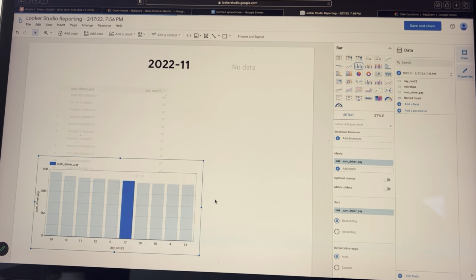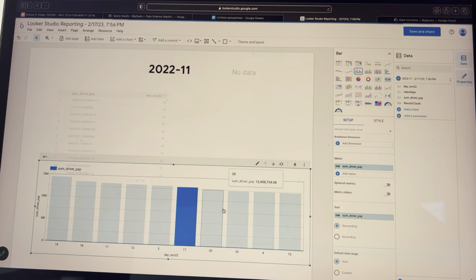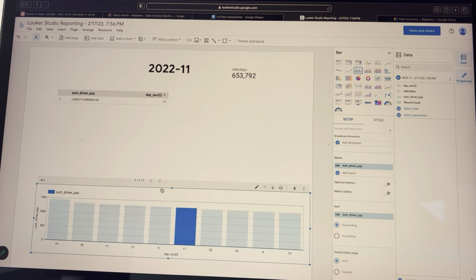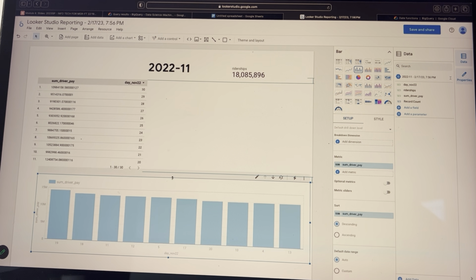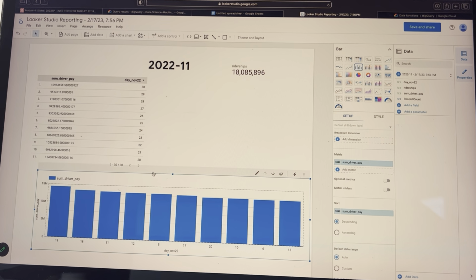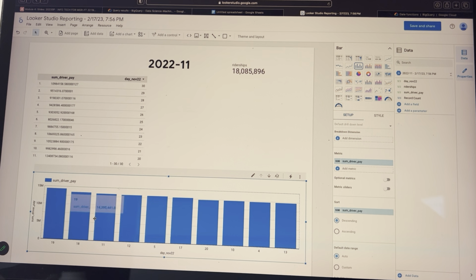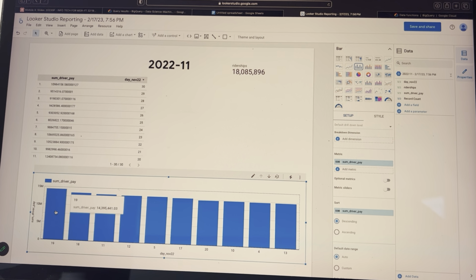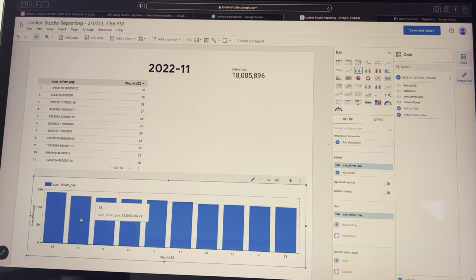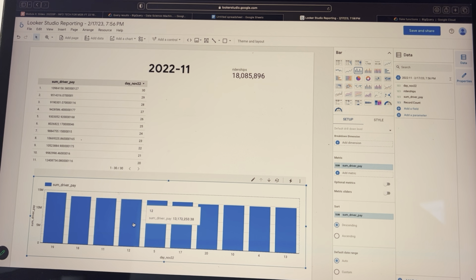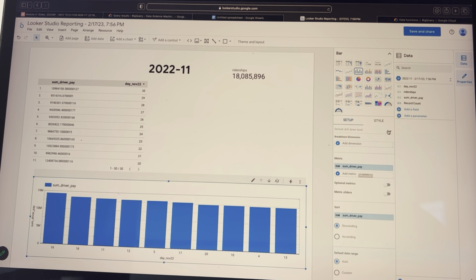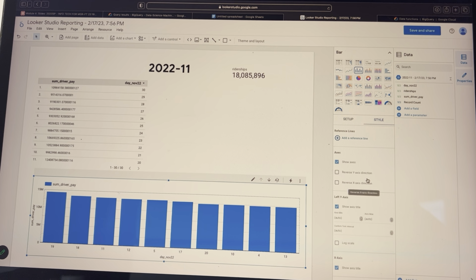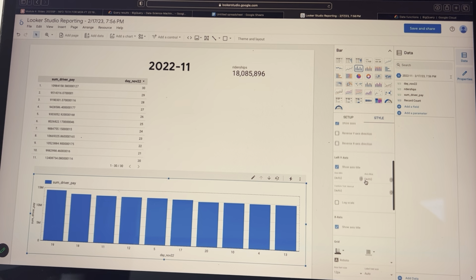Let me change this to here. Okay, so if you see here, I have the driver pay here, and the order is descending. So this is the top one, 19, followed by 18, 11, 12. But here, I can go to the style, and I can show